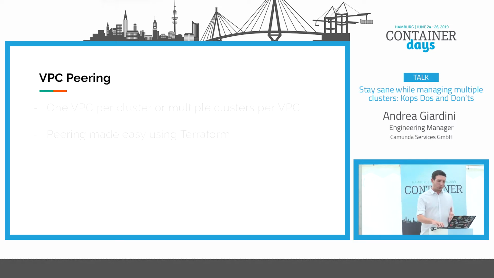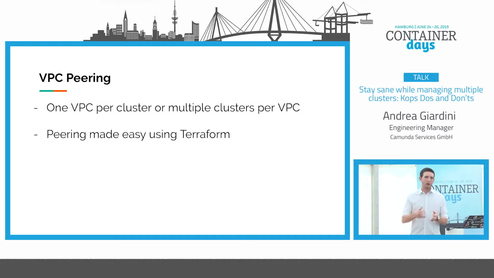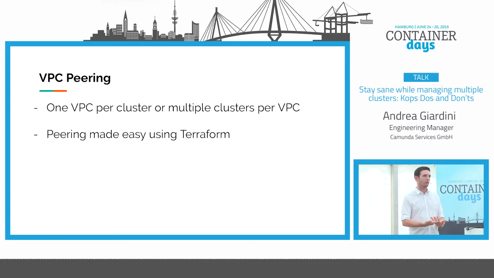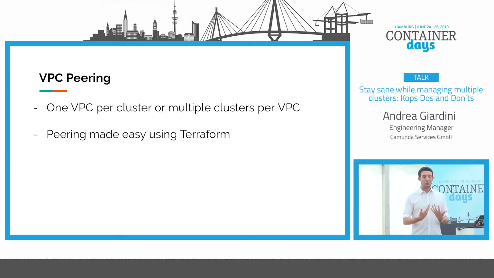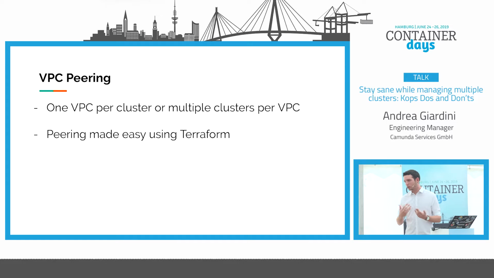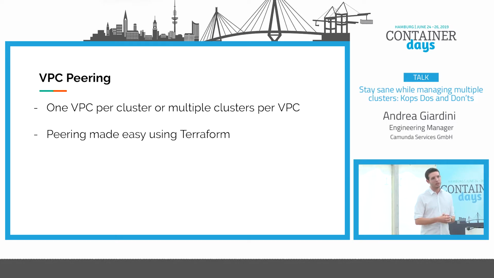In general, what we found as a good pattern for us is having one VPC per Kubernetes cluster. Some people deploy their Kops cluster in already existing VPCs with other resources. You can do that. We don't really advise you to do that. We had some bad experience with it. Also, the advantage that we found is using the peering between VPCs, it becomes really easy to let a different